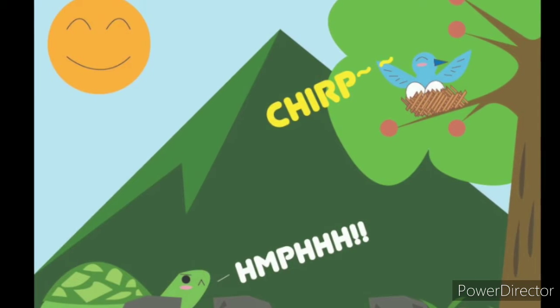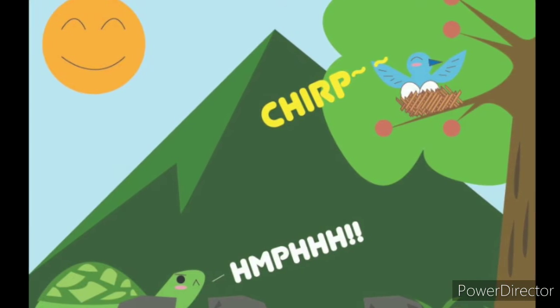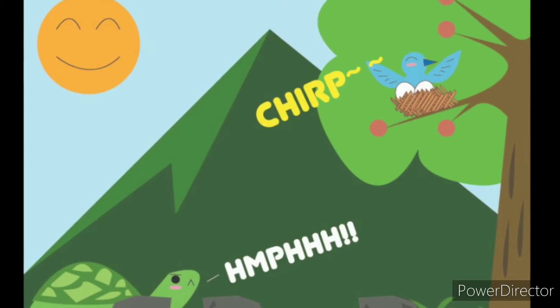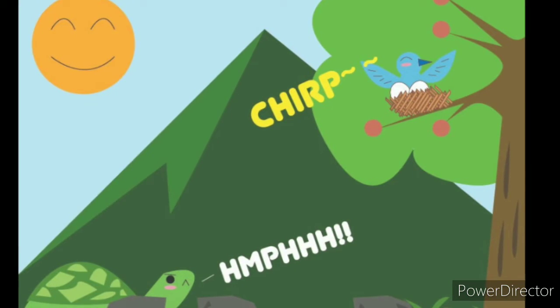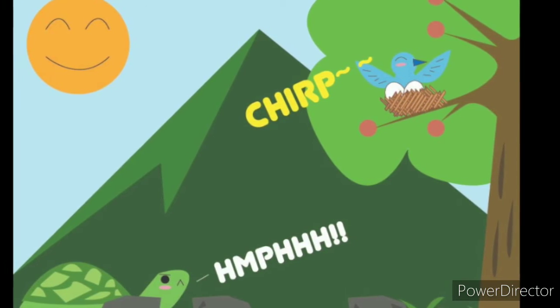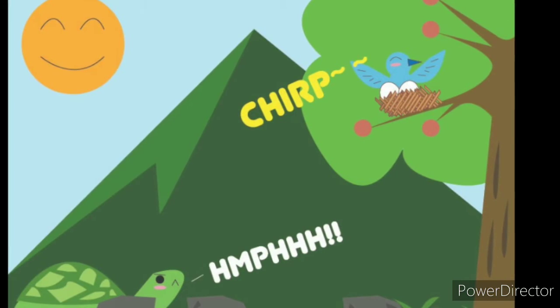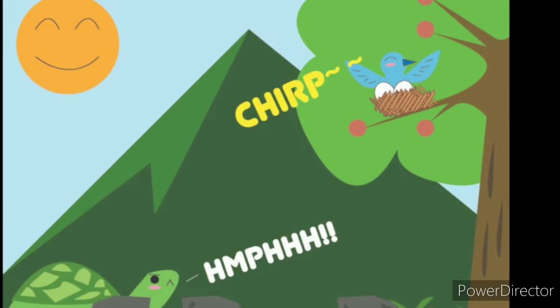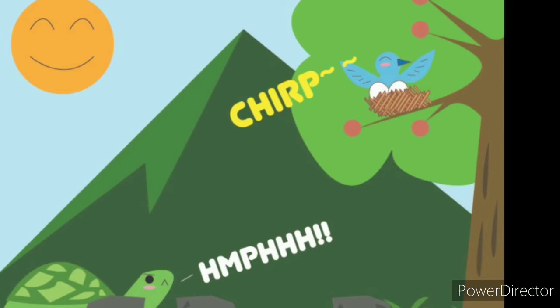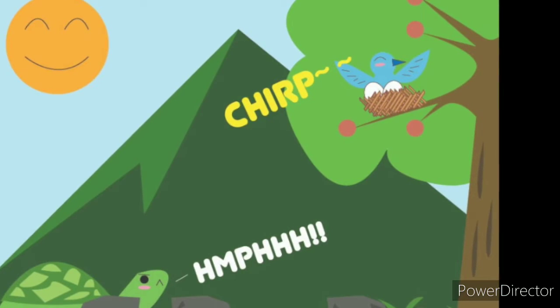"Yes, it is made of broken sticks. It looks shabby and it's open to the elements. It is correct, but I built it and I like it," said the bird. "I guess it's just like other nests, but not better than mine," said the tortoise. "You must be jealous of my shell, though."